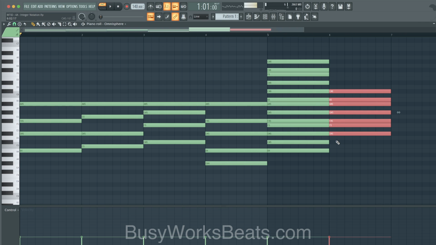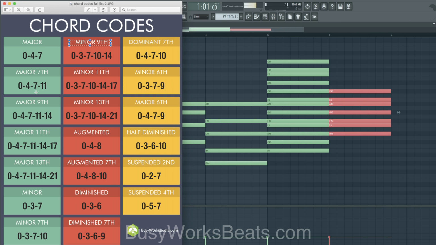But the relative scale, whenever you're going from minor to major, think of it like your chords. Whenever you go from a minor to a major chord, the way you transform it is that one note. So for example, this is kind of a bonus. I don't feel like editing this part out, but it is something you need to know. So a minor chord is 0-3-7, and a major is 0-4-7. Okay, so it's one semitone difference. Basically, the middle note, you raise it one, and that becomes a major chord.